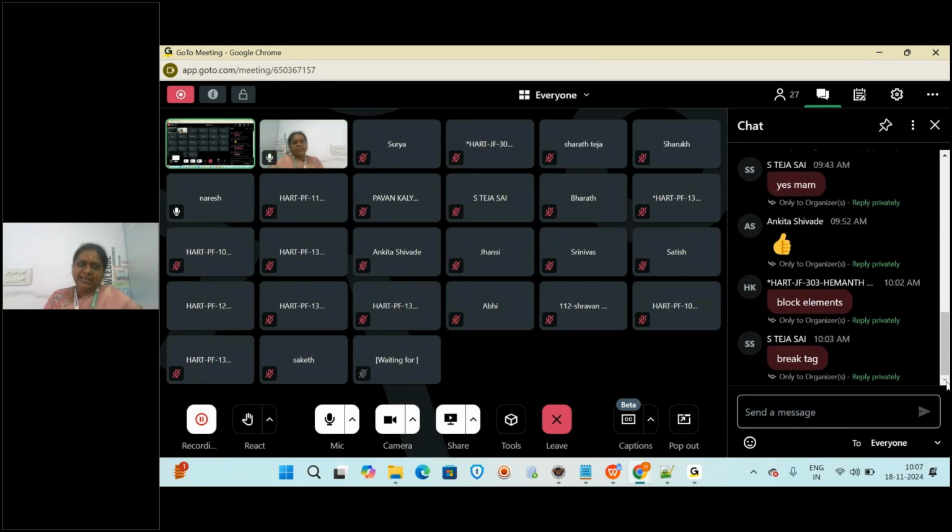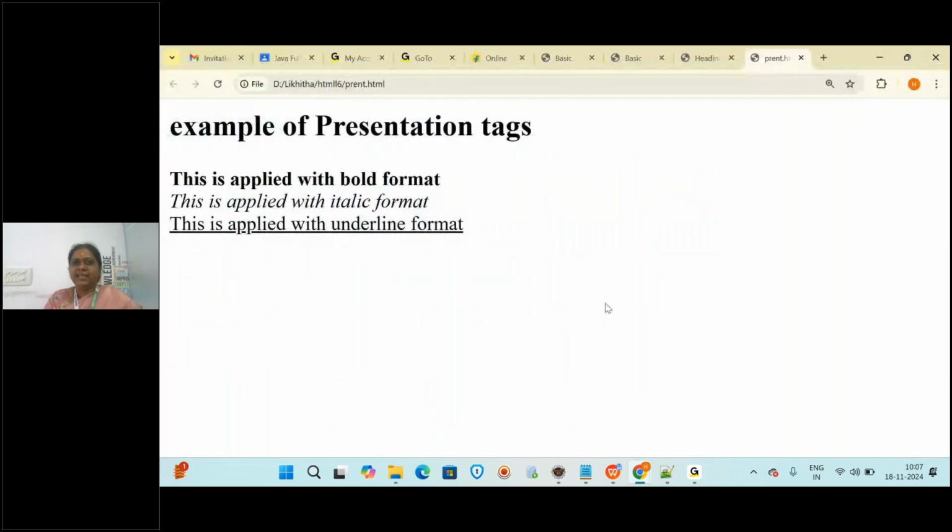So for applying styles, we have the font tag. Now we are displaying some text here, right? Bold, italic. Still you want some color for the text. You will see in web applications that color will be there, size will be increasing, and you will display the text in the center of the page, right of the page, left of the page. All these styles can be applied by using the font tag. But in the latest versions of HTML5, font is not suggested to use. You apply the same styles using CSS, in the next module. CSS is the second part of your UI module, so you will be learning that there.